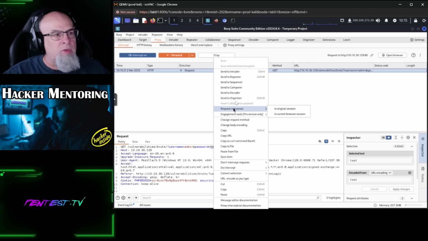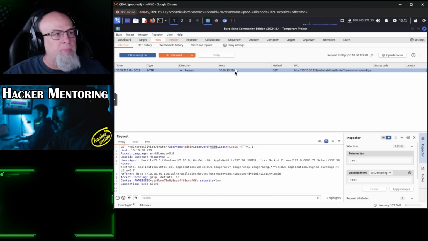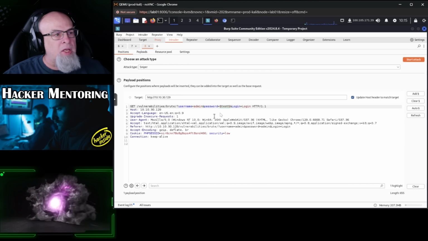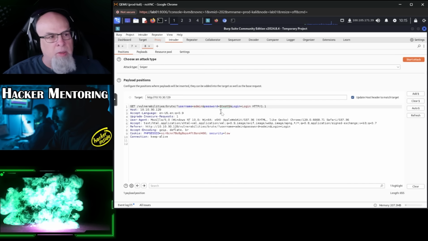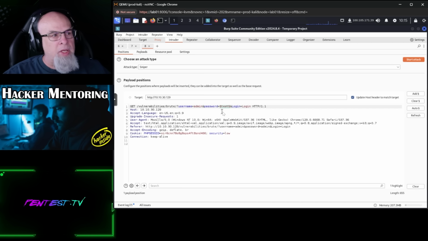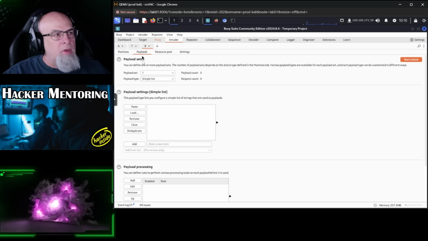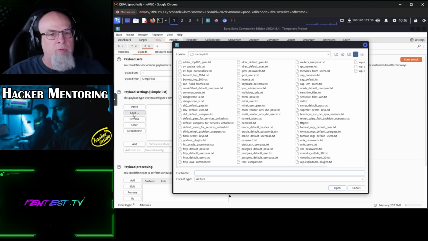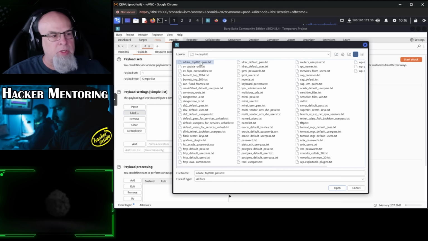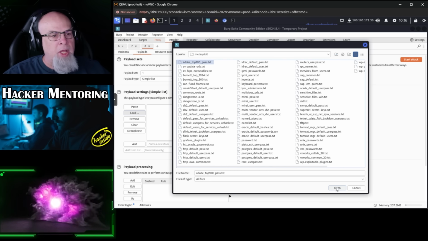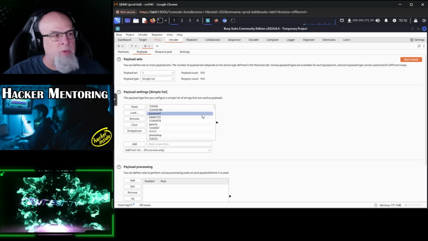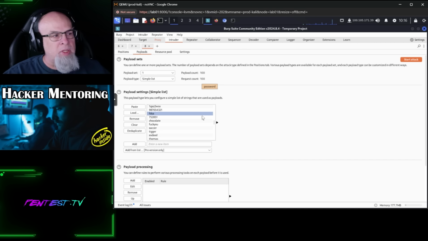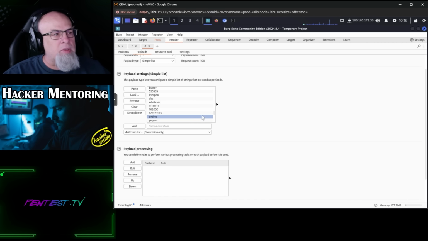Now I'm going to send this to the Intruder, and we'll go up to that tab, and we can see that it's already highlighted for me because I highlighted it in the previous screen. That's going to be our attack vector, that specific text right there. So if we go over to payloads, we can see that we're working on payload set 1, and I'm going to load a payload. So we're looking for a password list. I'm going to use the Adobe top 100. I want a smaller list just for example here. I'm going to go ahead and open that, and it's going to populate a bunch of passwords, and we can just scroll through and we can see that there's probably 100 in there. All right, so let's go back up to the top,